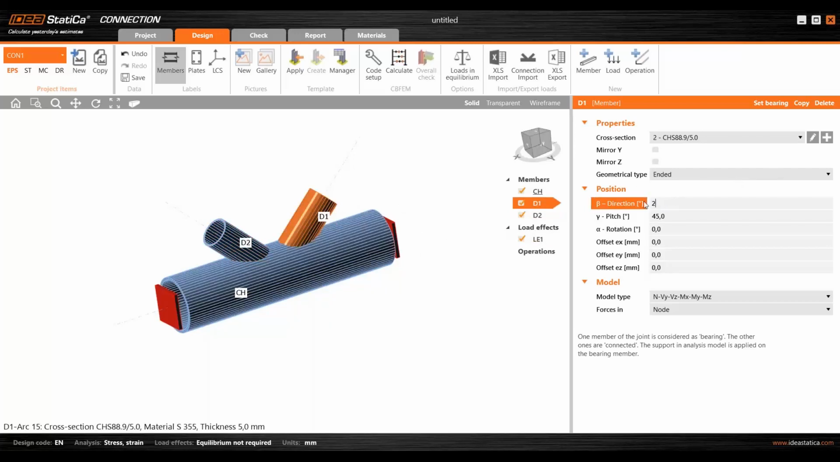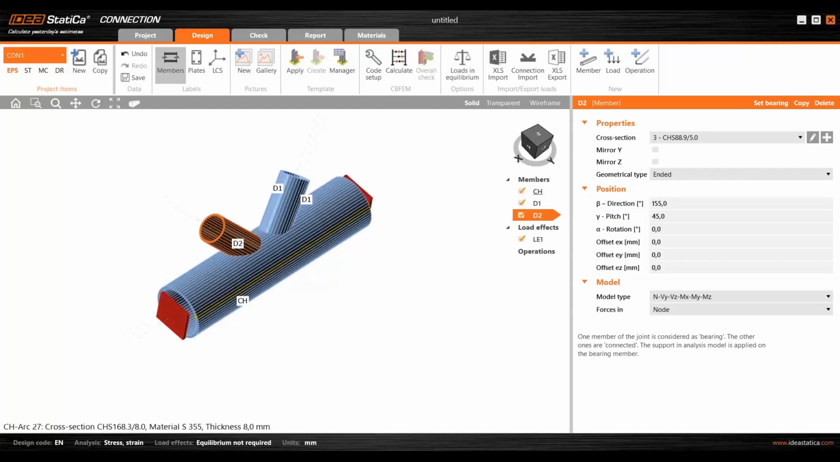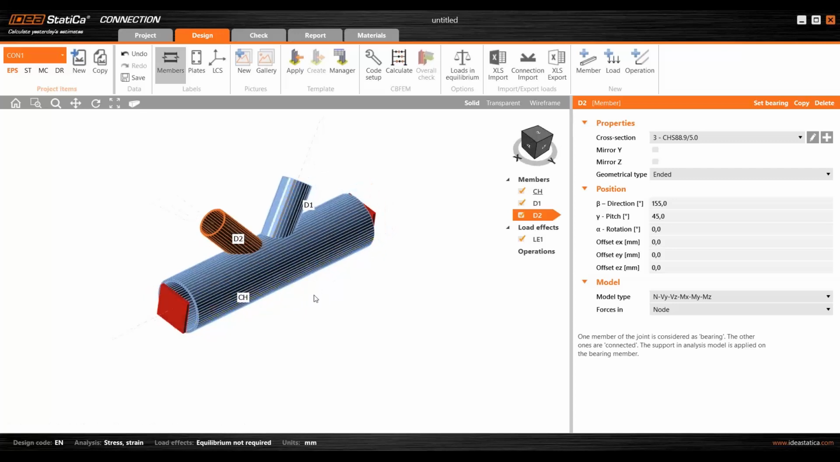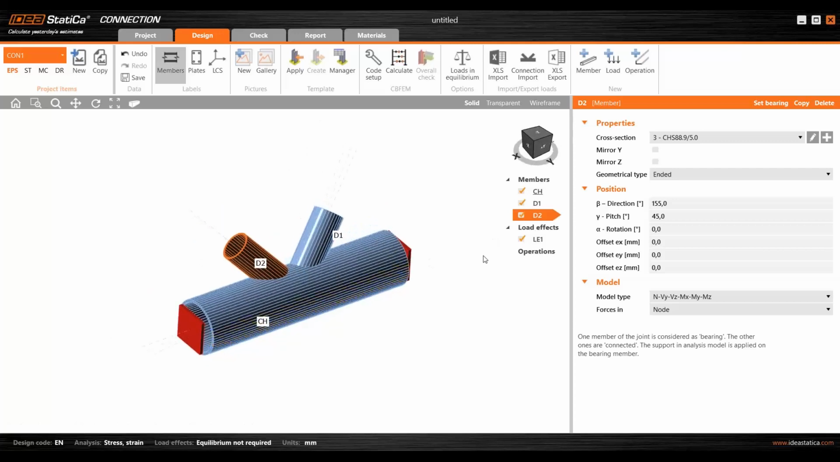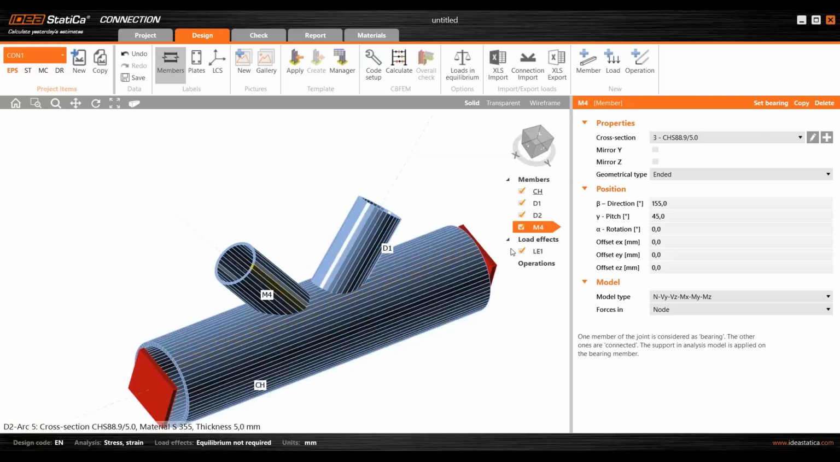So I will change here the direction of the tubes. Of course, the geometry modeling is all free. You don't have to stick to any templates. That's the advantage number one of IDEA StatiCa connection, that it's all free. You can do anything you like. There are no limits. So I will now copy this member